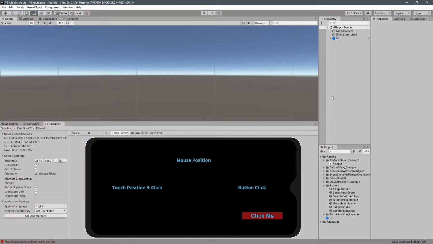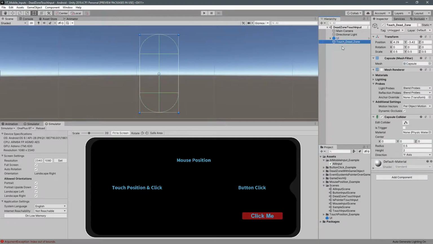If you're making a 2D game, you can make something like a dead zone near where the buttons are. I have a small project here. I do have a small game object that is being my dead zone position. This is a little capsule I have in the corner. If I run it,